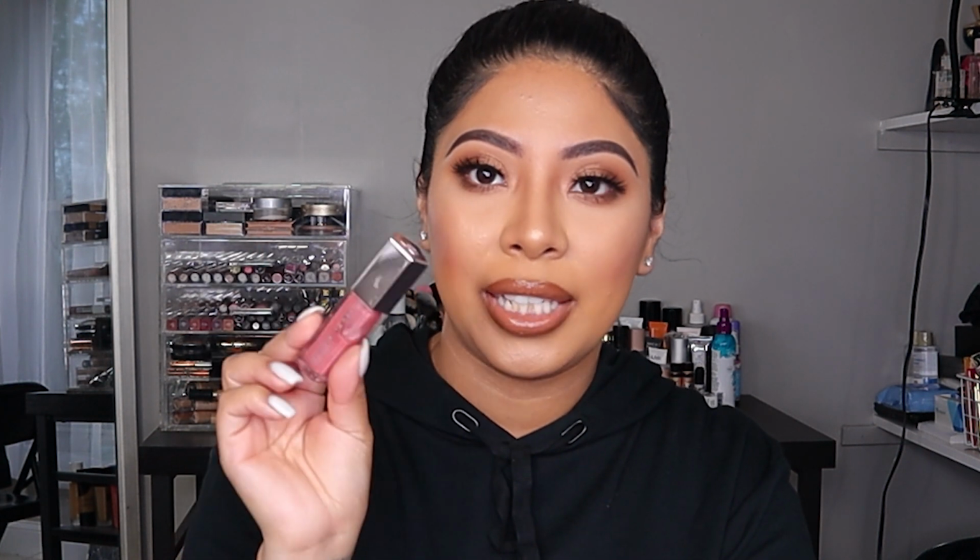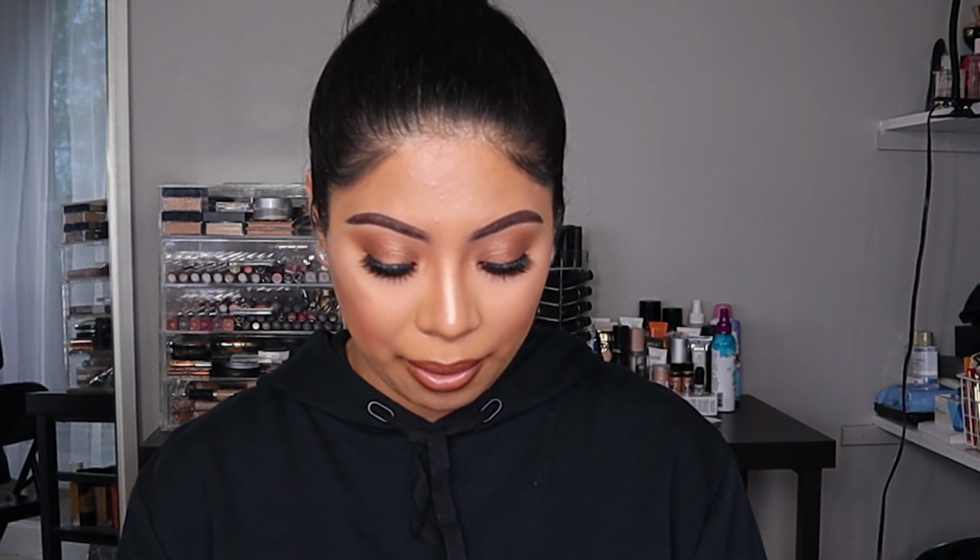The glow, I feel like it has a little bit more pigment, so it can change the way your lip looks depending on the nude lip or the lip that you decide to do. So I really like this one. This one hasn't let me down. I do have the Diamond Milk, which I haven't used as much as this one. So I would definitely recommend the Fussy color. And then the next thing I'm going to talk about is